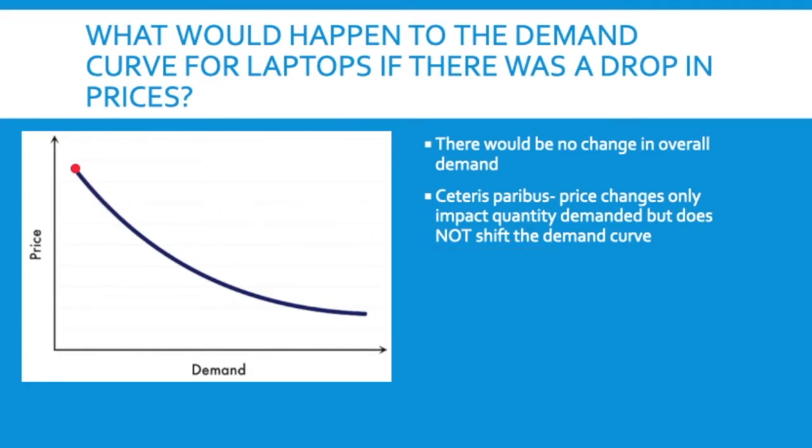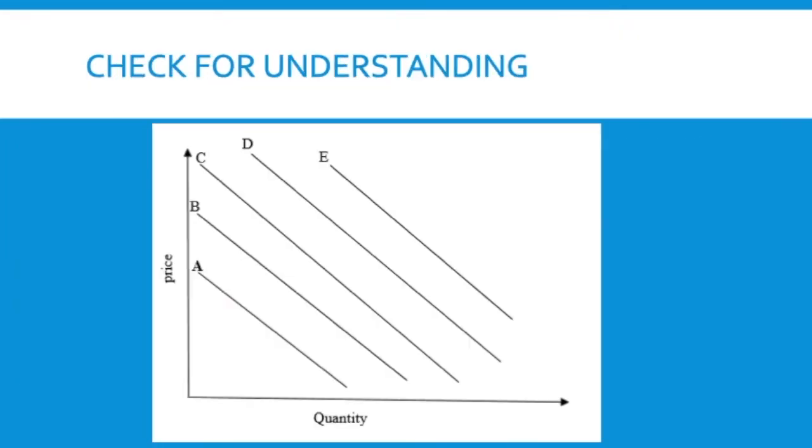So you think about if the price of laptops was $1,000, this many people would buy it, and a change in price would just say, okay, well, the price was here, and now it's $800. We just look here; it's already plotted on this graph, and this many people will buy it. And the price was $200. It's already plotted on this graph. This many people would buy it. This would be our quantity. So the quantity demanded would change, but the overall curve would stay the same. That would not change.